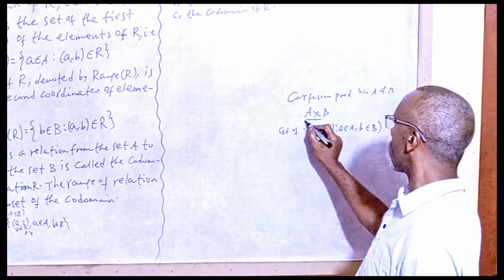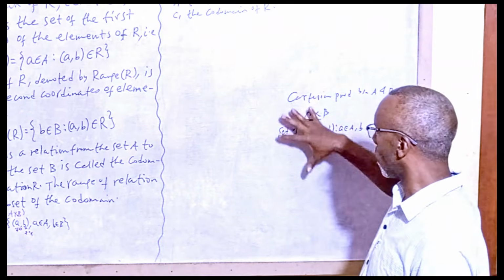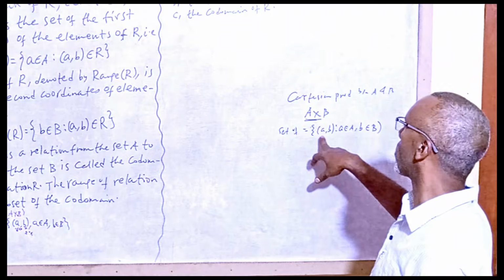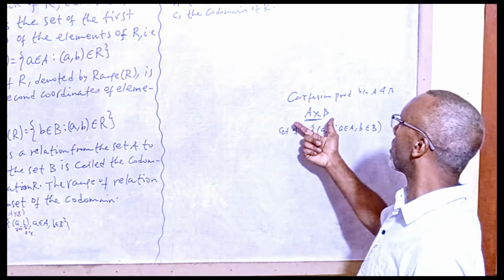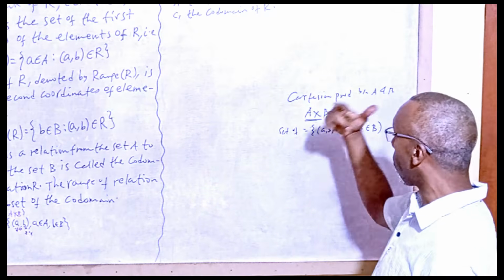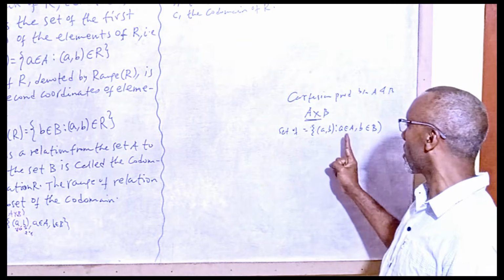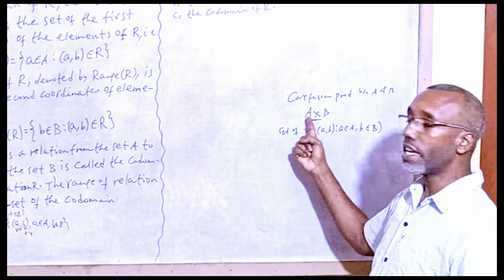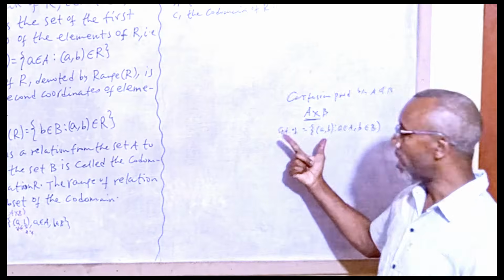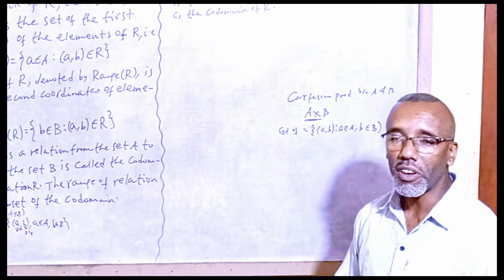ስለዚህ Cartesian productአችን እንደዚህ define ካደረገን, any subset or any set containing ordered pairs (a, b) can be the Cartesian product. ስለዚህ the Cartesian product ማለት all ordered pairs (a, b) such that the first element is an element of set A and the second coordinate is an element of B. Cartesian productአችንን እንደዚህ define አድርገን ነበር።